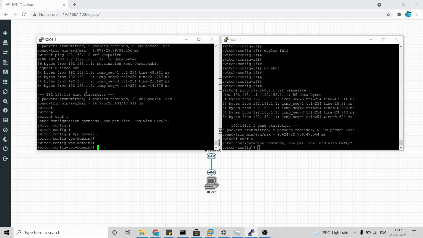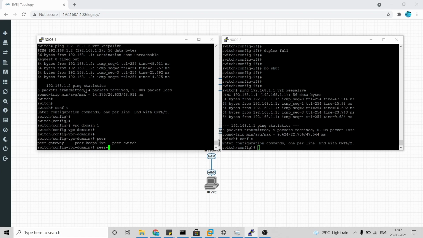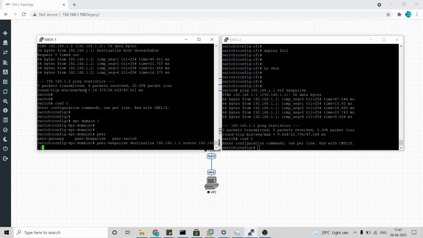So the keepalive configuration will be coming under the VPC domain: peer keepalive and the destination, which is 192.168.1.2, and then with the source of 192.168.1.1, and then again the VRF context, which is VRF keepalive.